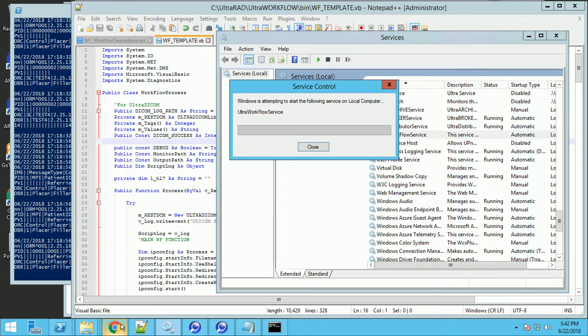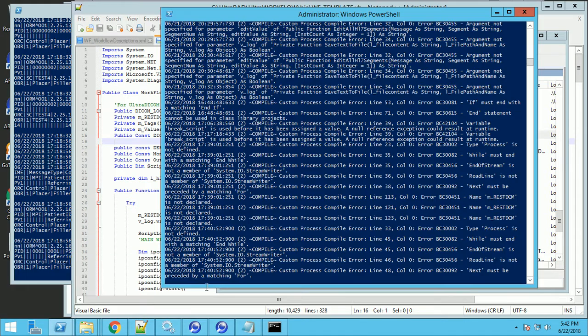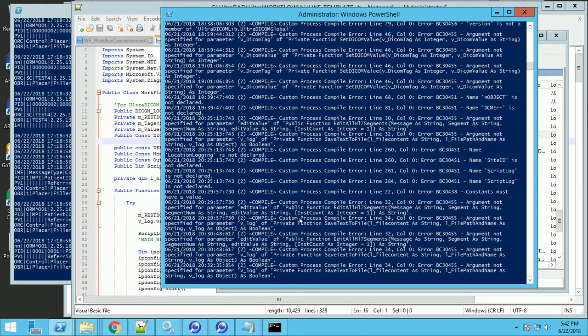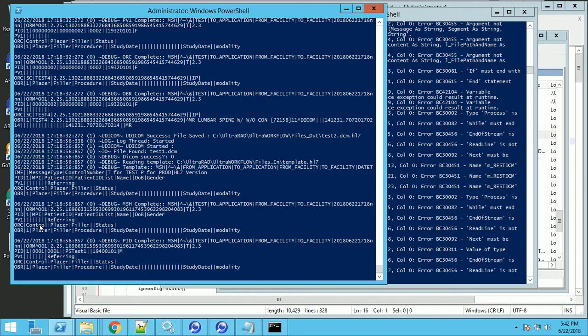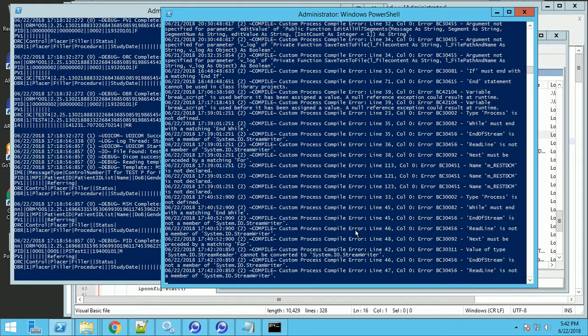And then we'll try starting our service. And we'll keep an eye on our error logs over here. So it's 1742 right now, and I don't see any new errors yet. Oh, here we go. Now we've got a bunch of errors. So it's 1742. We got